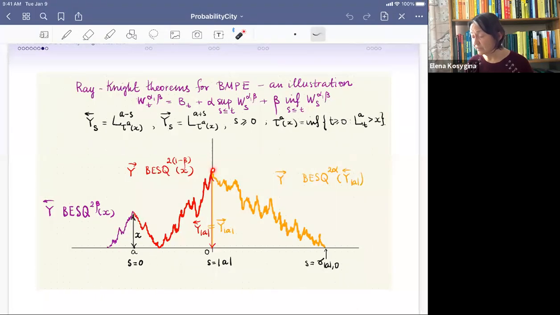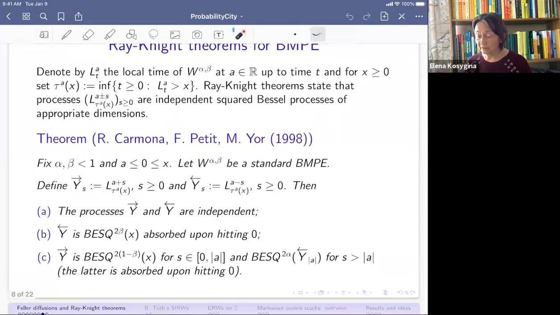And at this time, it changes to Bessel squared process of dimension 2 alpha, right? Remember, if alpha and beta are equal to 0, we have standard Brownian motion. So for Brownian motion, we have 2 and 0 respectively. So this is what's written on this slide, that for fixed alpha and beta, and for my convenience,